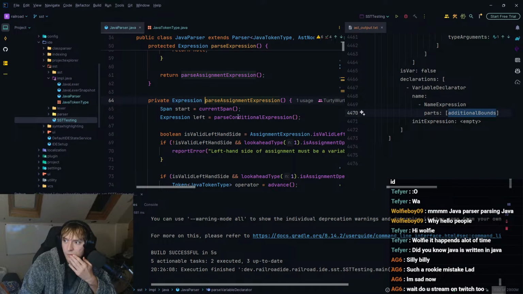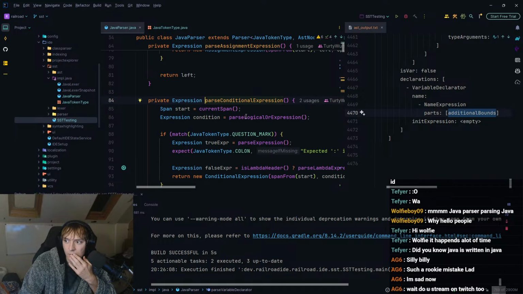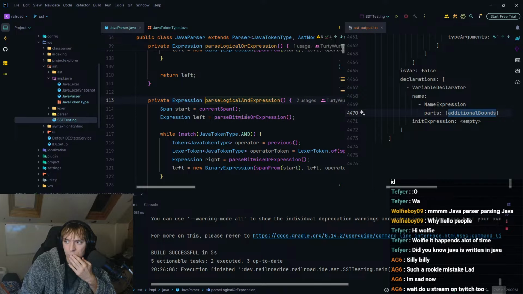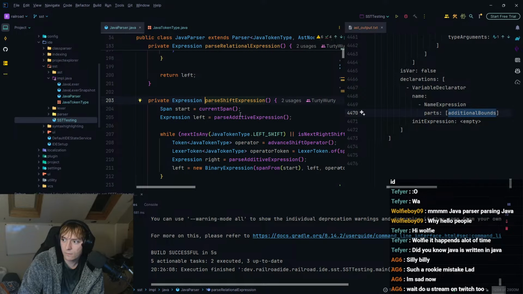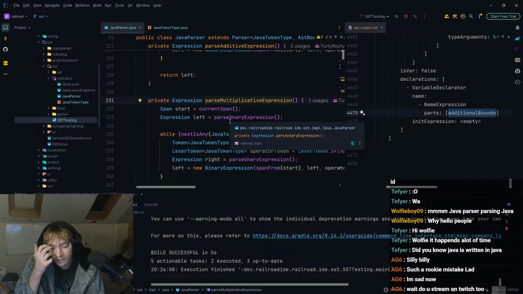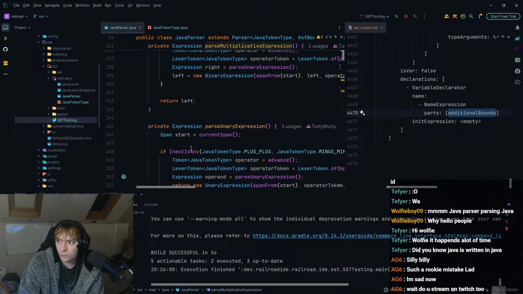So assignment, conditional, logical, bytewise, equality, relational, shift. Yeah, it's not going to be shift. Additive, multiplicative. It's probably going to be primary, actually. I'm pretty sure.